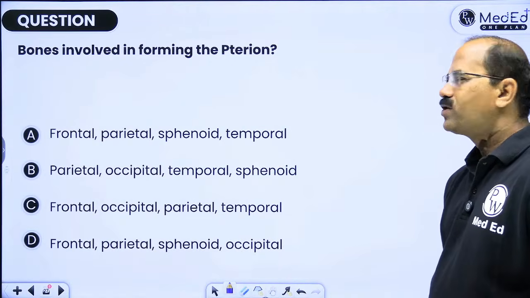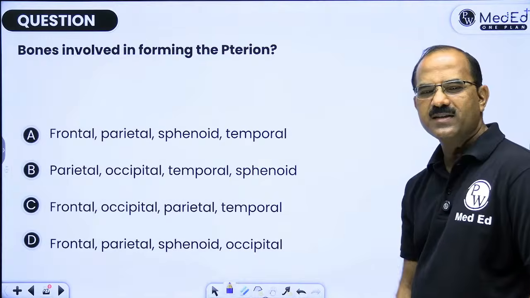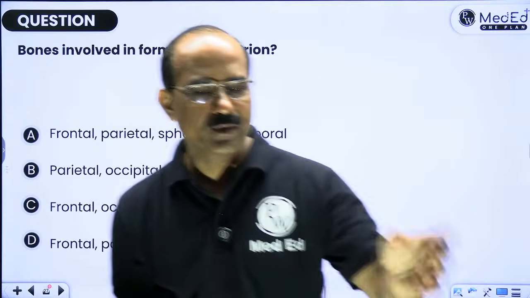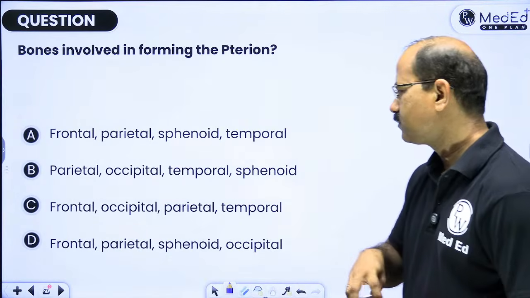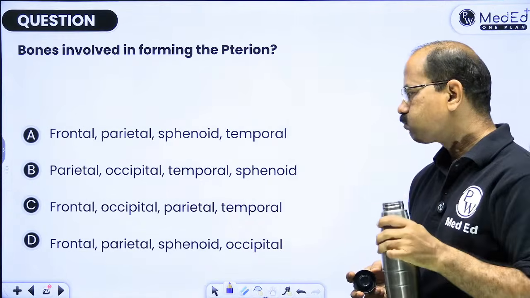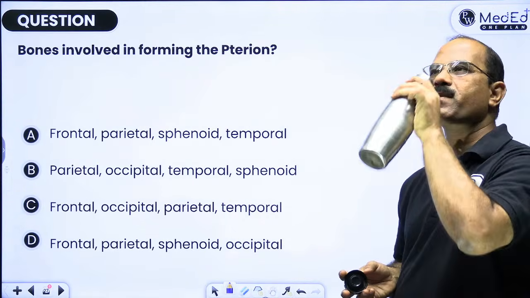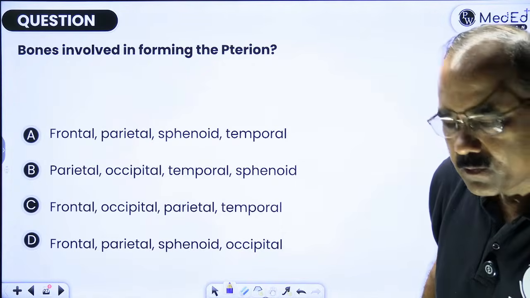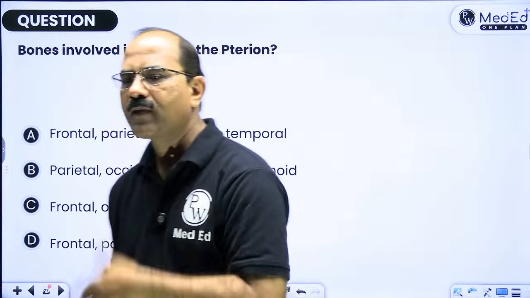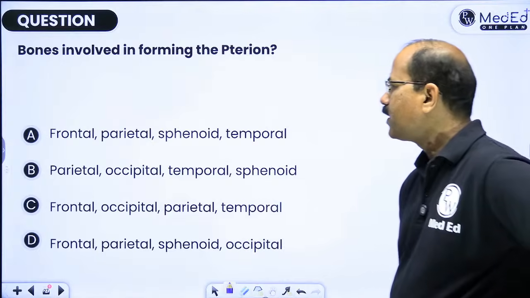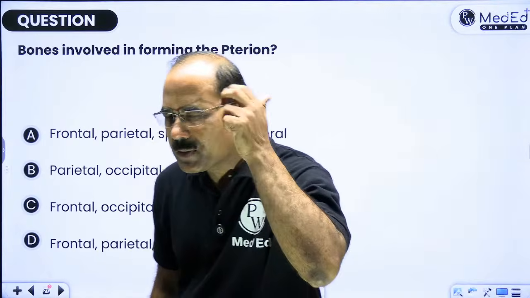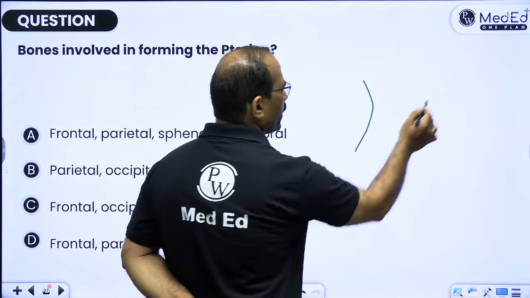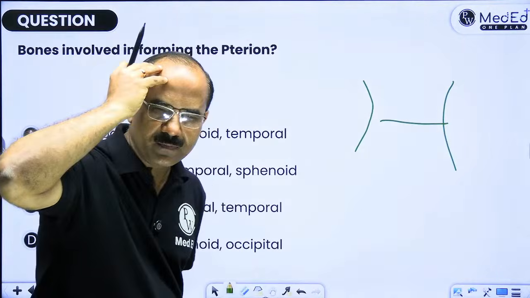Bones involved in formation of the pterion. चलो, answer this. This is an easy MCQ. Bones involved in the formation of pterion. बोल सकते हो? Any guesses? Pterion क्या होता है? Pterion is an H-shaped suture here, है ना? H-shaped suture होता है यहाँ पे. This is what we call as the pterion. यहाँ पे ऐसे एक H-shaped suture होता है on the side of the skull, and this is formed by